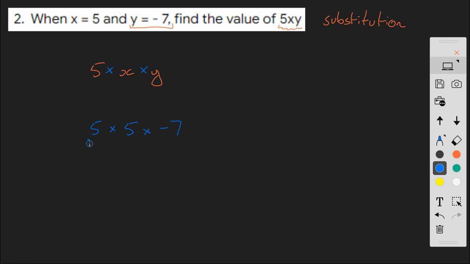-7. Okay, well, 5 times 5 is 25. And we're going to be multiplying a positive number by a negative number, so my answer is negative. Let me quickly go away here and do this multiplication. 7 times 5 is 35, so we'll carry the 3. 2 sevens are 14, 14 and 3 is 17. So negative 175. Okay, so if you want to go and practice some more substitution questions, then go to Nugget